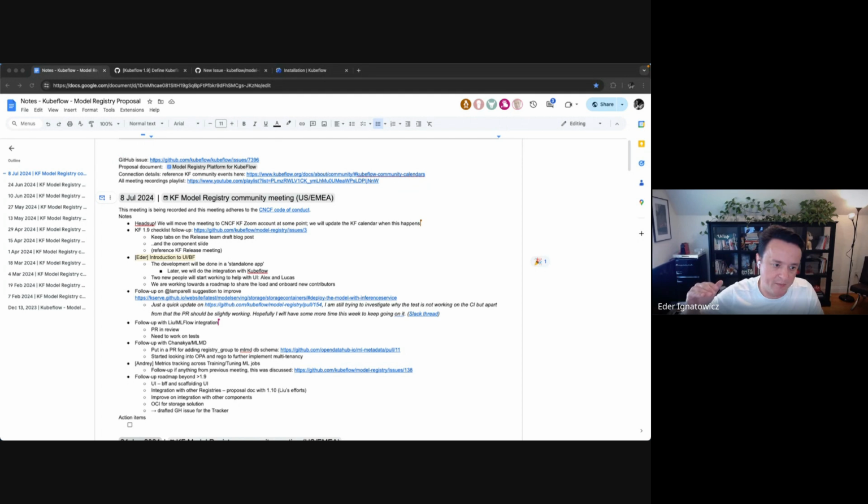I expect Mateo to have, for each feature, like view registered models, create registered models, some UIs, some screenshots of what we have right now in the ODH, with the asterisk that we are going to make this compatible with Material in the future. Does this work for you, Ricardo?